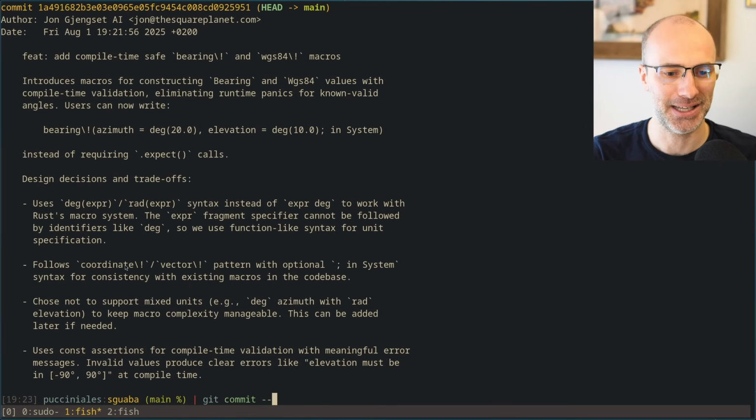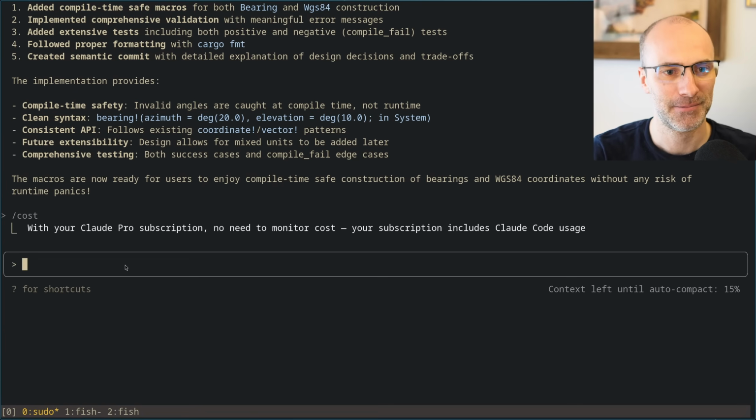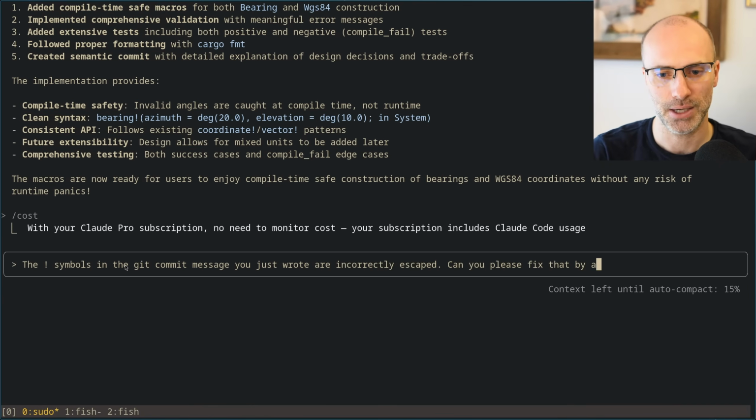So let's go ahead and amend that. The symbols in the git commit message you just wrote are incorrectly escaped. Can you please fix that by amending the commit? Is that a thing it can do?